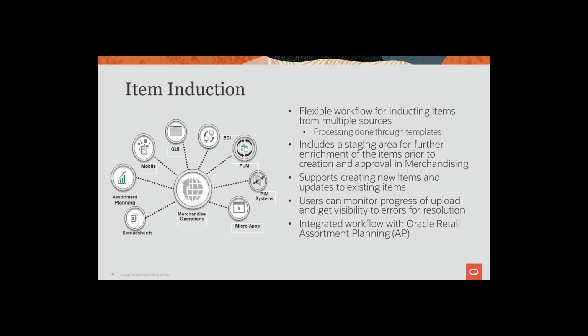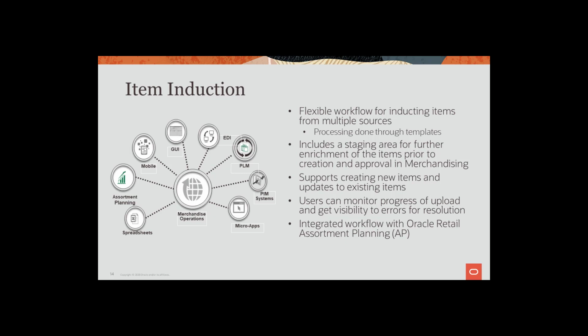This feature provides flexibility for retailers, as often external sources cannot provide all attributes required for the creation of an approved item. For example, items inducted from a vendor likely would not include the retailer's department, class and subclass for the item. This functionality supports both new item creation as well as the ability to download items that have already been created in merchandising for mass maintenance, or the ability to upload updates from an external source.